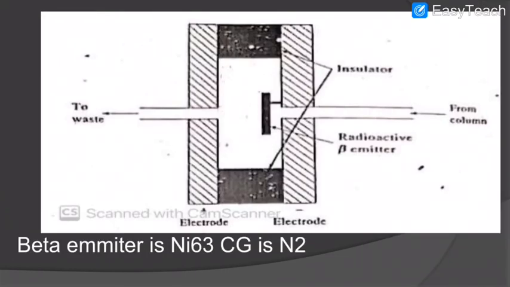Now let's see the diagram. You have a chamber in which you have an inlet from the column. You can see that from the column the gases will come into this chamber. Now in the chamber you have a radioactive